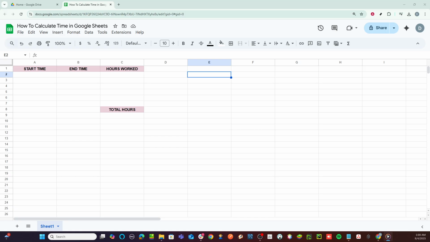First, you'll need to open up Google Sheets. You can either create a new spreadsheet or use an existing one. If you're not familiar with how to do this, simply go to your Google Drive, click on New, and then